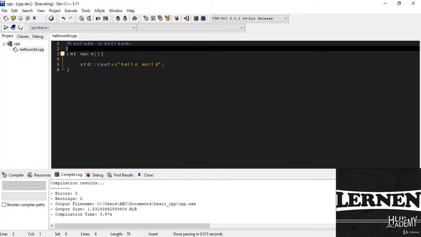And in line number 3, you can see int main. This line initiates the declaration of a function. Essentially, a function is a group of code statements which are given a name. In this case, this gives the name main to the group of code statements that follow. Functions will be discussed in detail later in this lecture. But essentially,